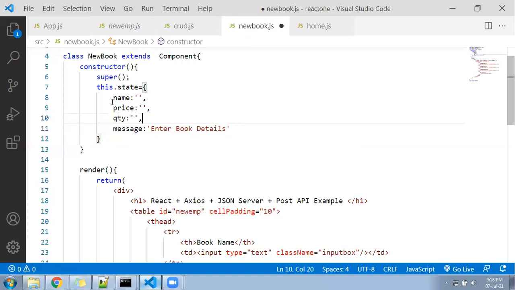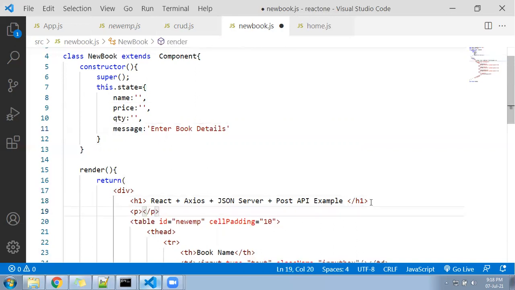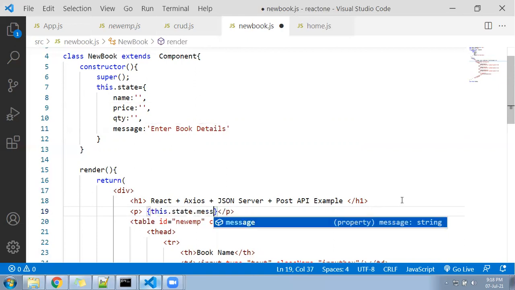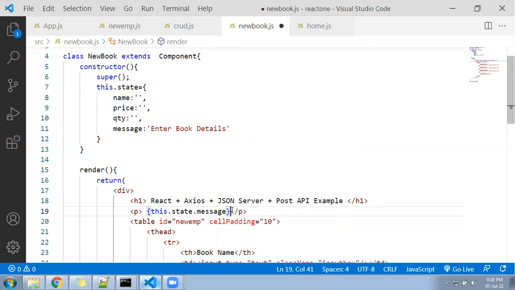Now three variables I created. I'll come back below, and after this h1 I will print that variable in a paragraph, simple, that is called this dot state dot message variable. I printed here, right? So you saw what it will print by default. It will print by default enter book details.